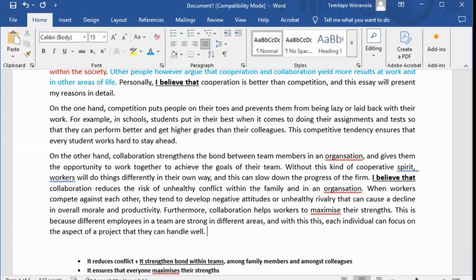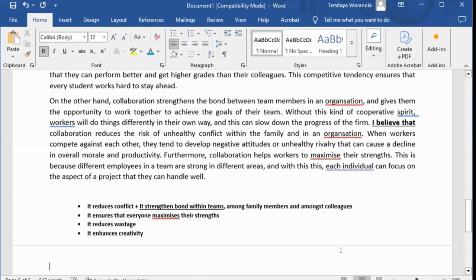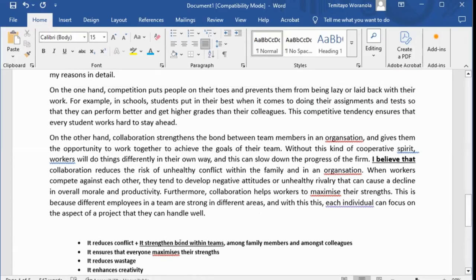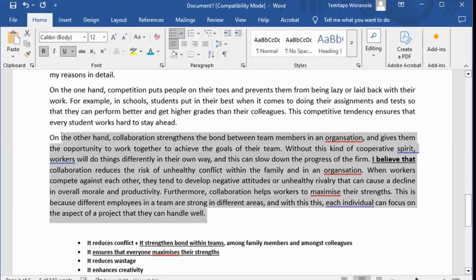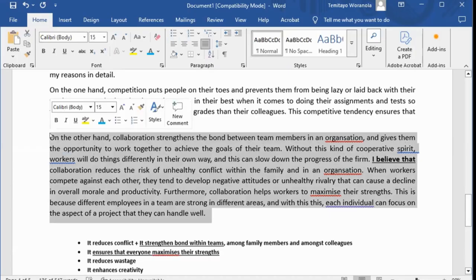Can you see that? I'm trying to describe a scenario here where everyone has a particular thing that they are good at. So when each individual in a team focuses on what they are good at, what happens at the end of the day? All of us end up working in our area of strength, and that will result in an overall high level of productivity for the team. Hope you get my point now. So I have talked about the issue of what? Reducing conflicts, strengthening bonds, maximizing strengths. That's what I just wrote now. So I've already written a lot here, so I think I'll just stop here and go to my conclusion.